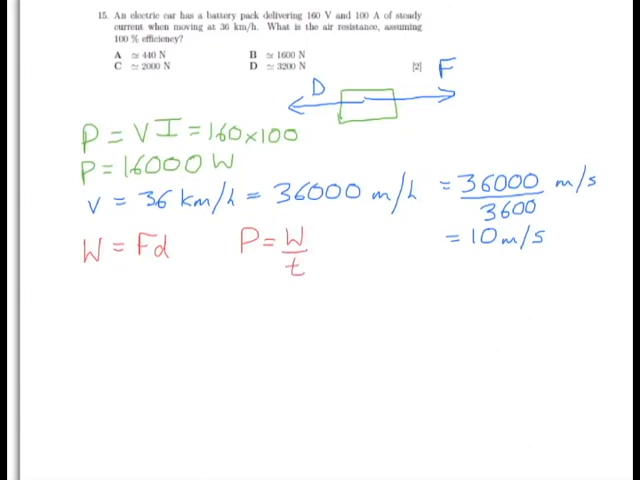So power equals work done divided by time. If we divide the work done by time, let's also divide FD by the time. And now we can spot that we have D over T here. Distance divided by time is speed, so we can say that this becomes F times V. So we now have an equation, P equals FV,